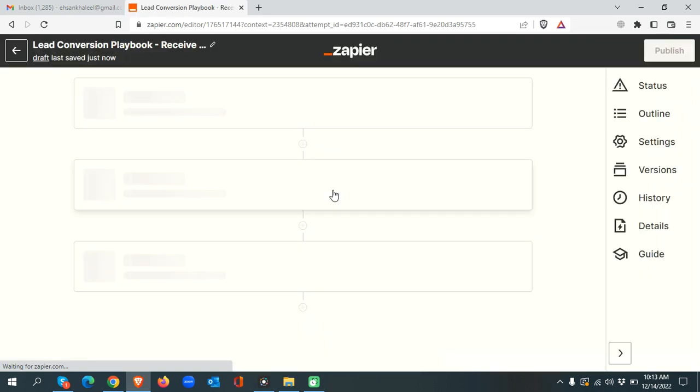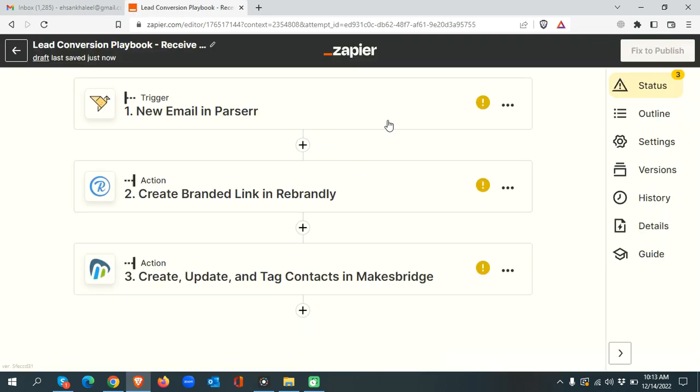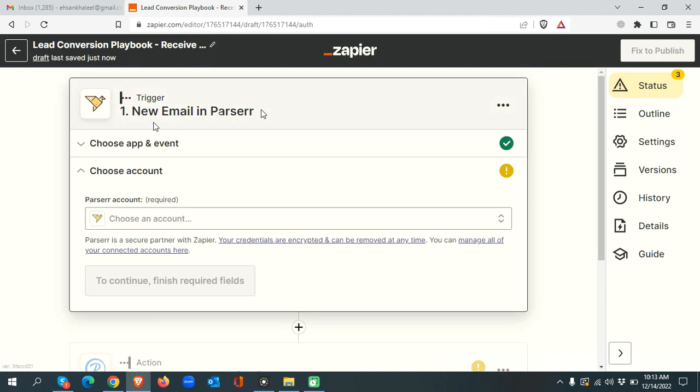and open up the Zap editor so we can build the Zapier flow using this particular Zap as the template. It'll take a few moments. Okay, so we got everything laid out here. All we need to do is just fill in the blanks, make sure we connect all the apps together, and configure the actions. So the first action, the first trigger we have in here is fetching a new email in